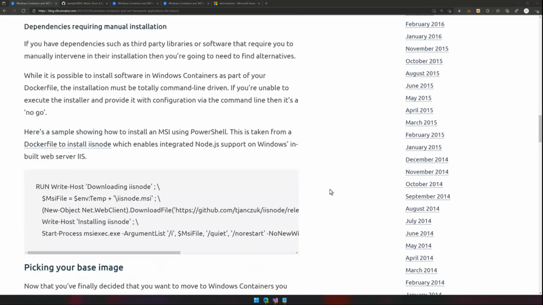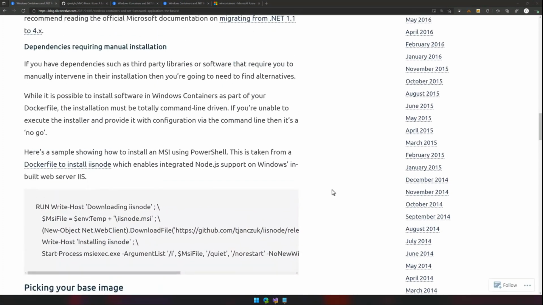The other blocker that's probably going to stop you from moving your web or API applications to a container is solutions that require third-party libraries to be installed, where those third-party libraries require some form of manual intervention when they're installed. So the way you build Docker containers is using a Dockerfile. Think of it like a really highly customized continuous integration step where your Dockerfile contains a series of build steps, and when you build the resulting container image, it uses those build steps to determine what the target operating system environment looks like.